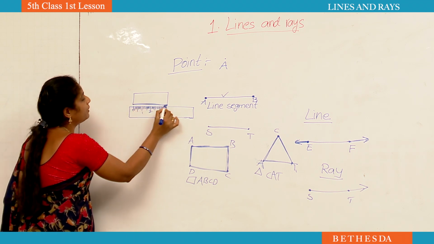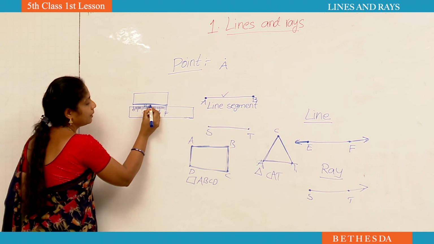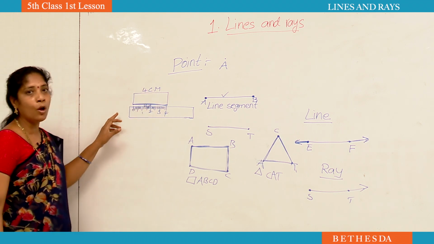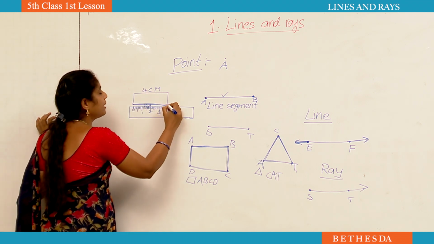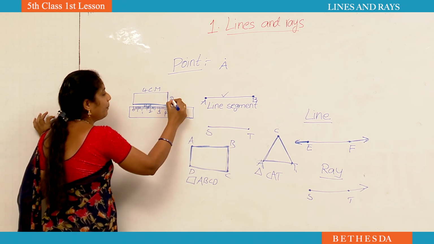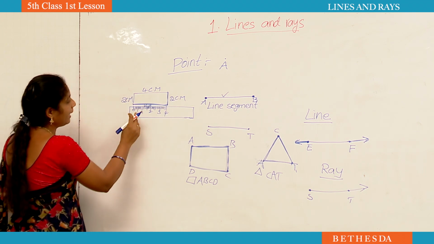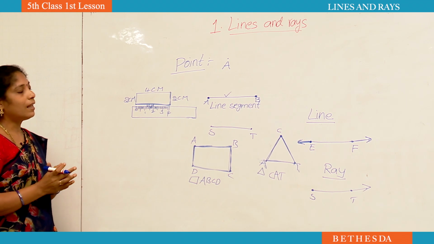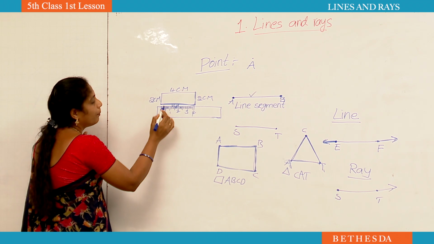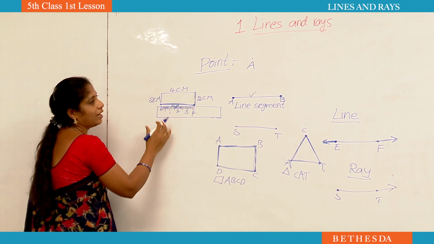Now, what is the length of this? What is the length of this side? 4 centimeters. Yes, for a rectangle, opposite sides are equal, no? That's why you can say this also is 4 centimeters. Now, you have to keep the scale at 0 and measure the breadth also. Maybe if it is 2 centimeters, you have to write 2 centimeters. Like that, you have to measure the line segments. For example, in this lesson they will give you shapes, and you have to measure the line segments and find the length and breadth of the given shapes.